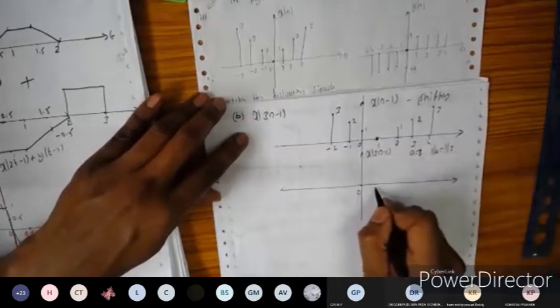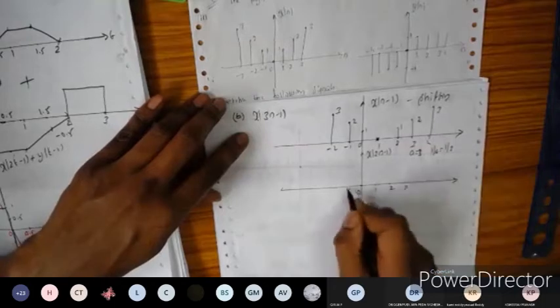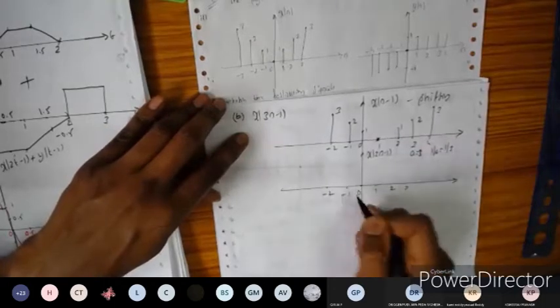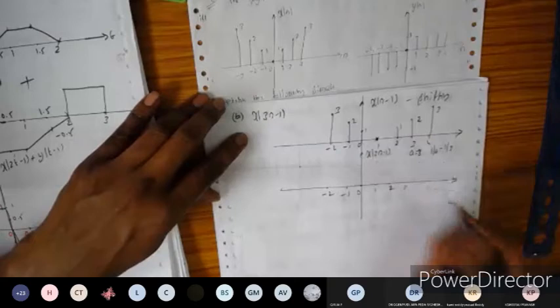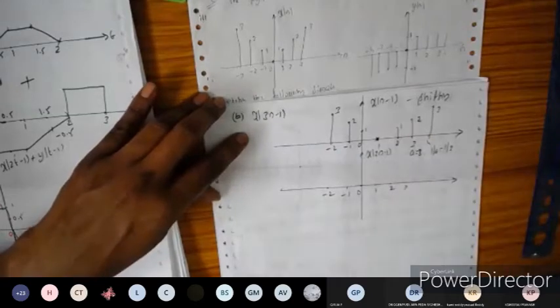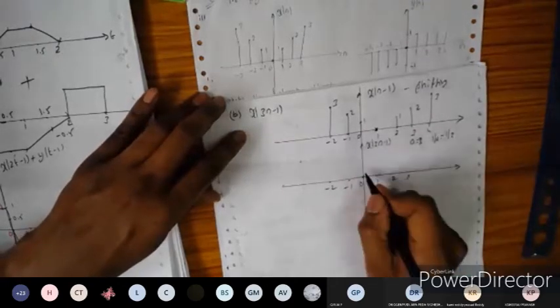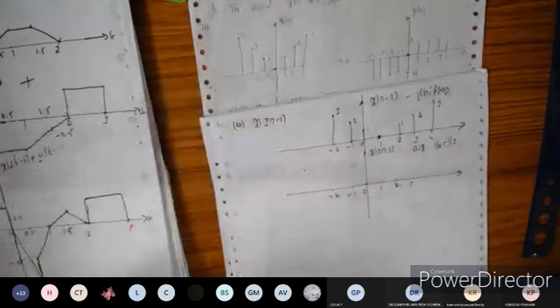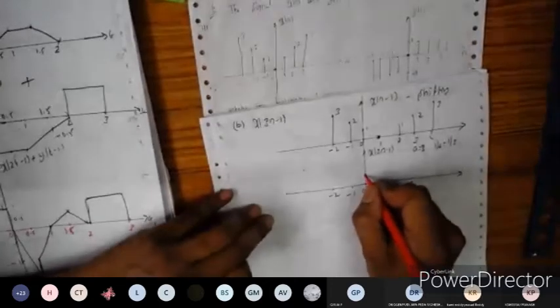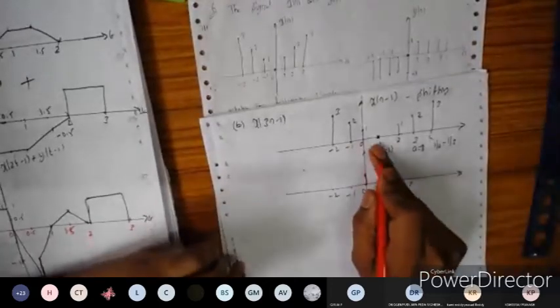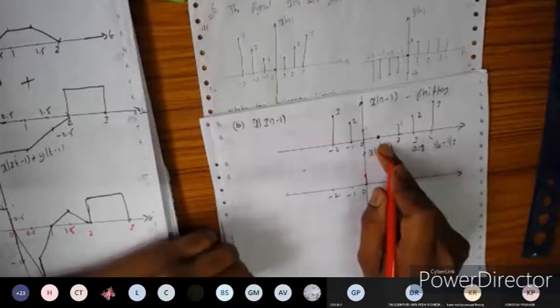So let us define the time axis. Okay, so this is x of 3n minus 1. If you have any doubts, you can ask me. Let us multiply 1 by 3 to this one. So 1 by 3 into 0 is 0 only, so the sample will remain 1 here. Next 1 by 3 into 1 is 1 by 3, so this sample will get discarded.